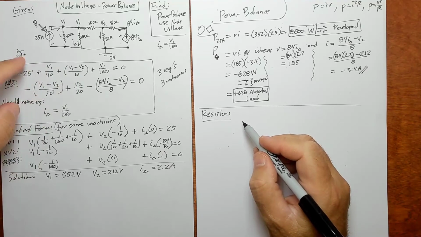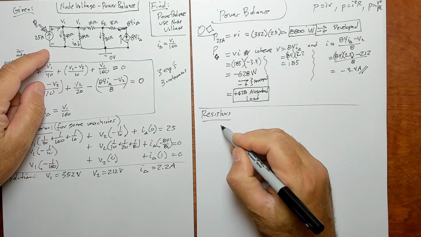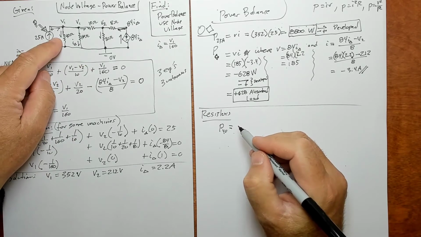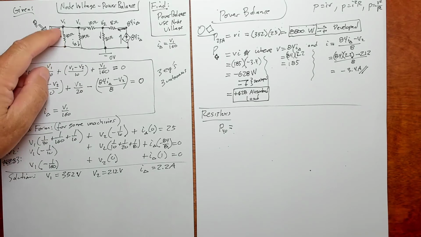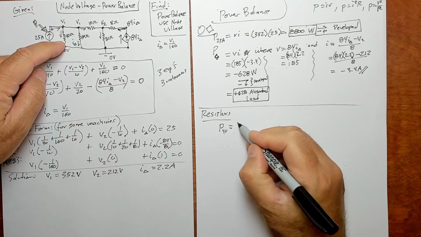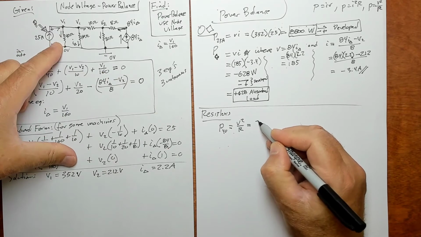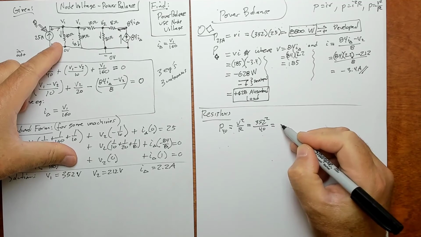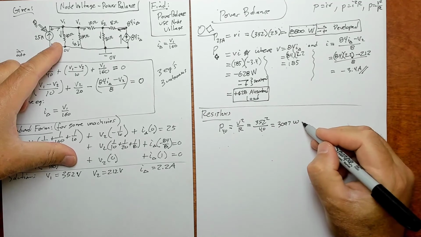Now let's do the resistors. Let's pick a resistor, any resistor. Let's do the 40. Where's the 40? There it is. We have V. Let's just use that. We have the V because it's 0 volts down here. So V is the voltage across it, and so we could use V squared over R. That's the easiest one to use. So this is going to be V1, 352 squared over 40 ohms. It's going to be 3097 watts, and of course it's absorbed